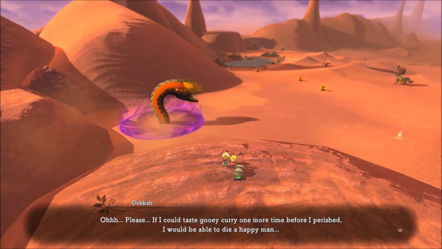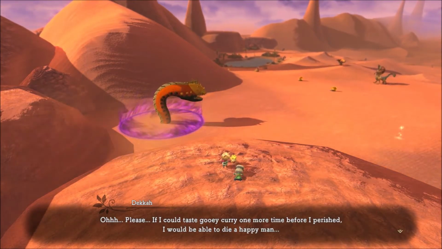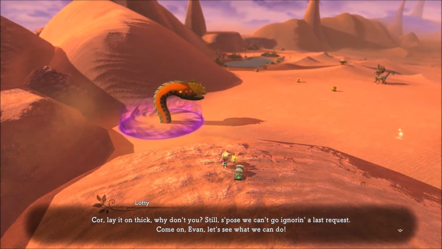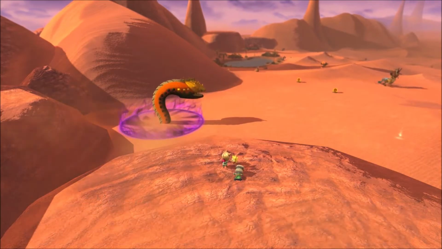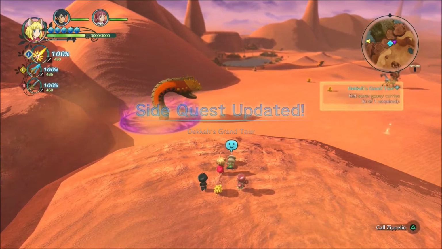Please, if we could taste gooey curry one more time before it perished, then we'll be able to die a little bad. Again, mind you, there's a tainted monster right over there. Don't worry. Go on then. Still supposed to go and grant a last request. Come on, Evan. Let's see what we can do before he starts to...